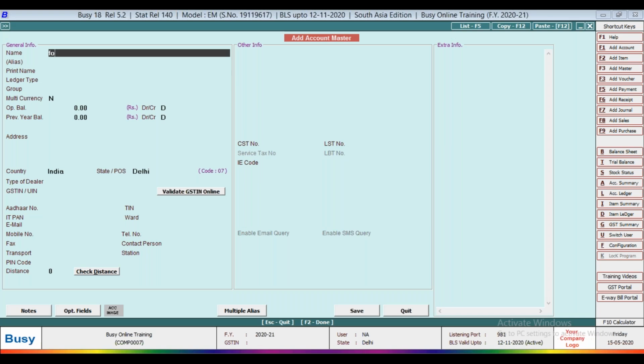You have to create a forex gain and loss account.